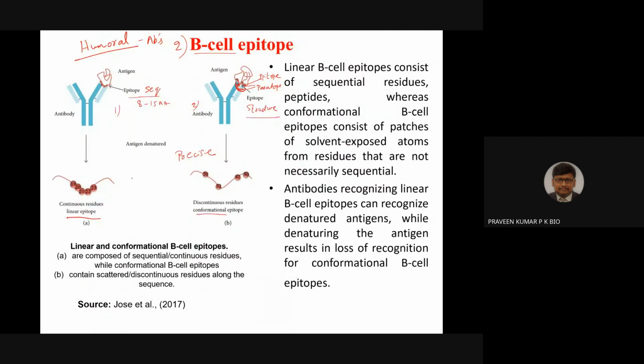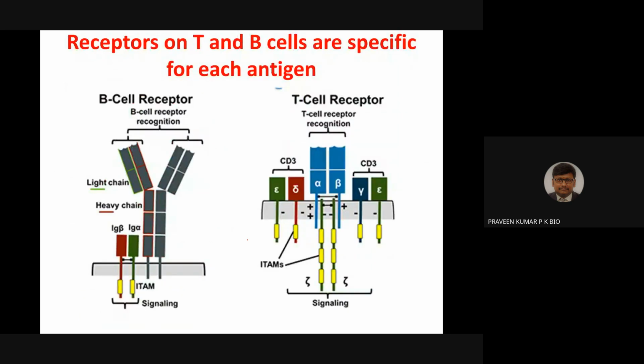Even if you check affinity purification, antigen and antibody have more than 99% affinity when compared to any other molecules, small molecules, even peptide-based interaction or small molecule interaction. The antigen-antibody is the best kind of affinity. It shows the best. So obviously, we are checking the structure of the antigen and the structure of the antibody here. Now let me go ahead with the receptors. Like the T cell receptor, we also have the B cell receptor, which has this kind of structure. More about the T cell and B cell receptors and those epitopes we'll be discussing during the next sessions.